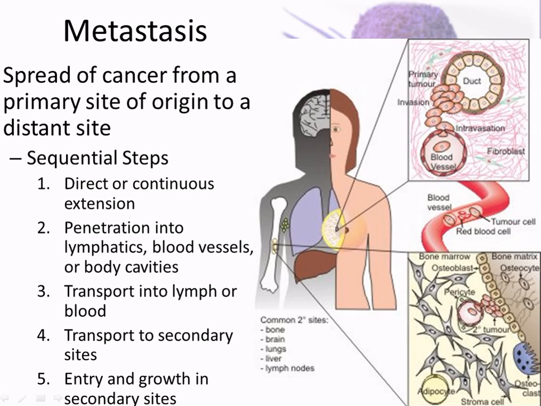Ideally, you'd clear it from your system somehow, but it's a human cell, so your immune system may let it slide right by. And it can plant anywhere at once. They call that seeding, by the way, when it's moving into new areas. So it moves through the lymph or the blood, and then it's transported to a secondary site, and then it starts growing in that secondary site. Like I said, that's called seeding. So it goes from the primary tumor and then starts growing in other places.